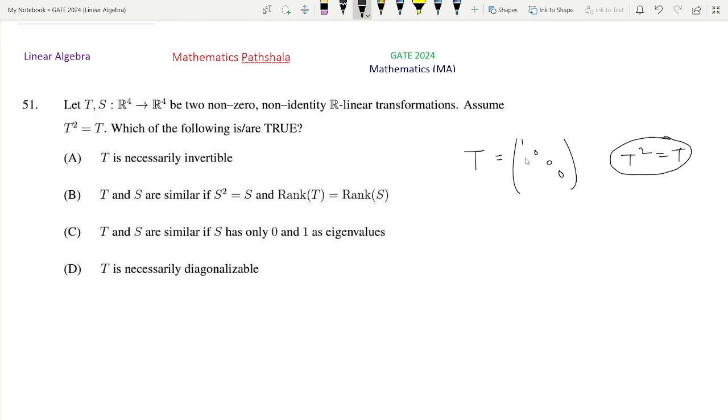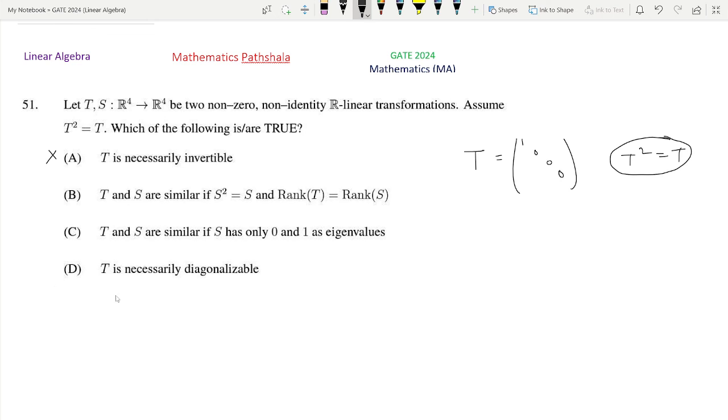Here we have taken a diagonal matrix T, so the diagonal elements are the eigenvalues of T. So there are eigenvalues of T which are 0, so det T must be 0. That is, T is not invertible. So in general option A is not correct. Then